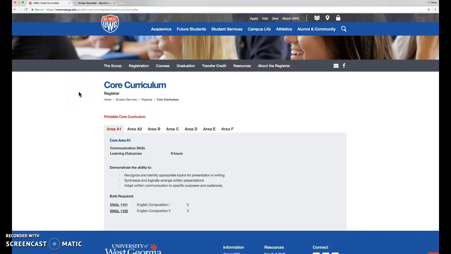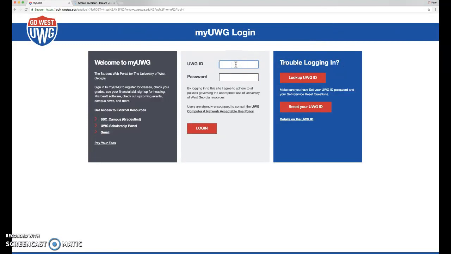So once you've taken a look at the core, you've met with your advisor, you know what classes it is that you want to take, now comes the fun part of actually building a schedule. First I'm going to show you Schedule Builder, and then I'm going to show you how to do it by hand. So if you log into your My UWG, and I will go ahead and log in with mine,